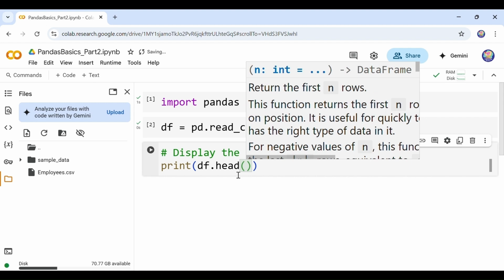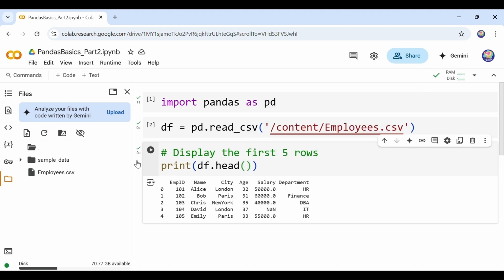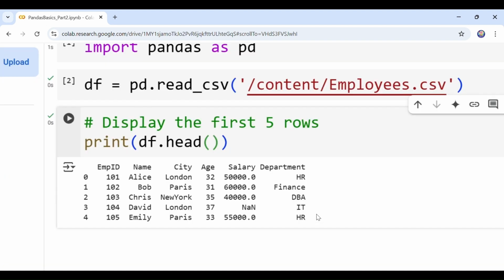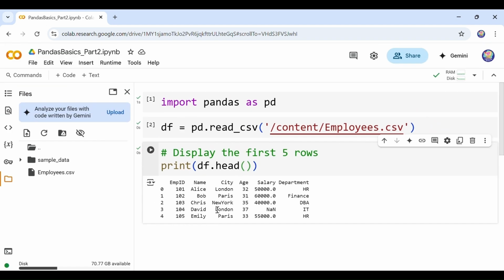By default it displays only the top 5 rows, so I am going to go ahead with the default values, and here we have got the top 5 rows. As you can see, one of the values is NaN, that means not a number. That's because the value might be missing in case of salary for this particular employee. Anyway, we will handle the missing values later on.